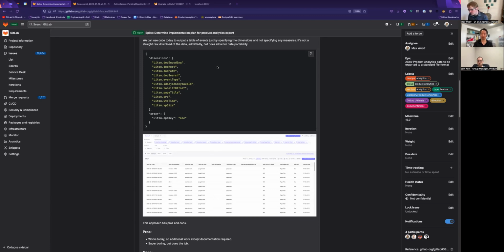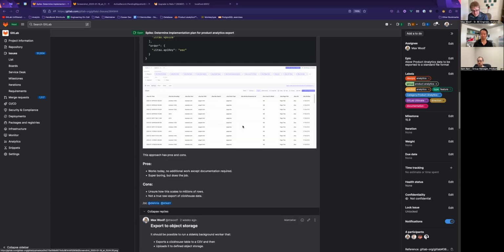Short of a more extensive solution, which I'll talk about in a minute, if we're only talking about a handful of customers initially, I assume there's nothing to stop us from manually exporting their data on their behalf. Obviously, that's not a scalable solution, but if someone wants their data, we have it and we can give it to them. We can even upload it into object storage for them from ClickHouse,